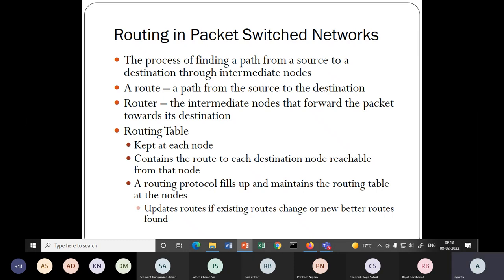But the problem here is that the network may not be fully available to everybody. So should I always rely on collecting the entire network information centrally at some node and then compute the path? Or should I do something else? We'll see what approaches are used to find this routing path. And we ended the last class by saying that